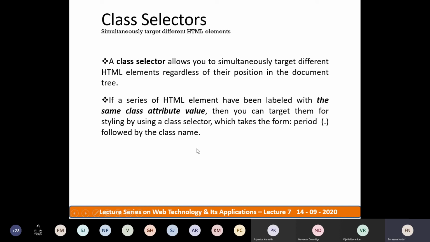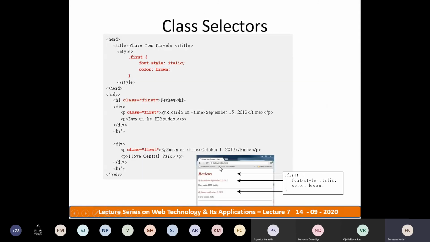So what we have done in the previous selector forms, we have used a single HTML selector, and multiple HTML elements. So grouping of elements and an individual element we have seen. Now we can write it for a class. Class is nothing but different types of a class. So those class names can be defined in a style sheet with the dot and a class name. Let us look at the example, how these class selectors are defined.